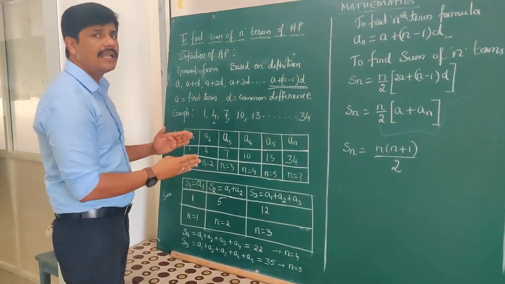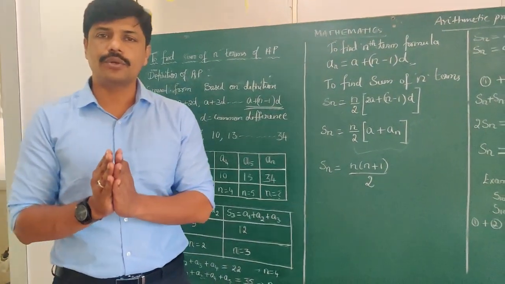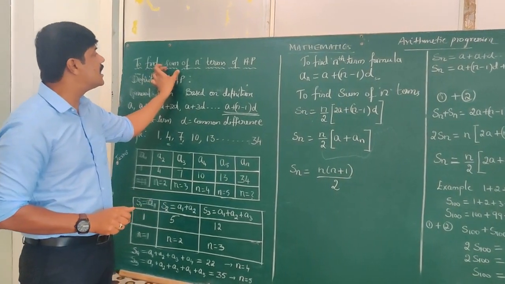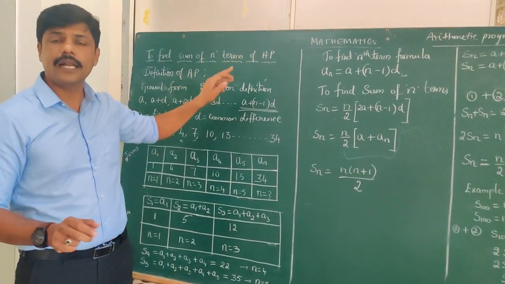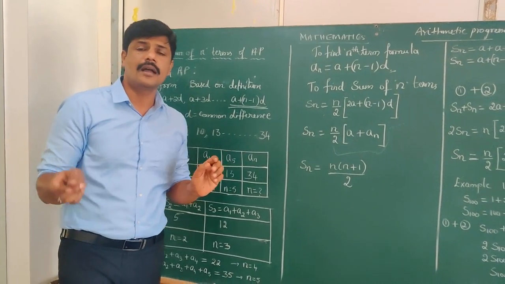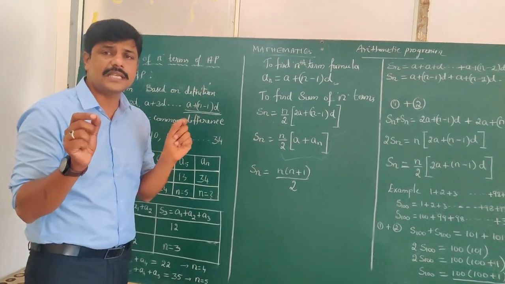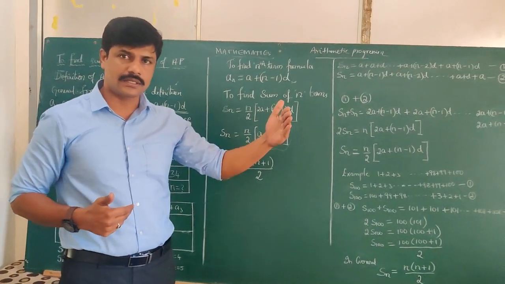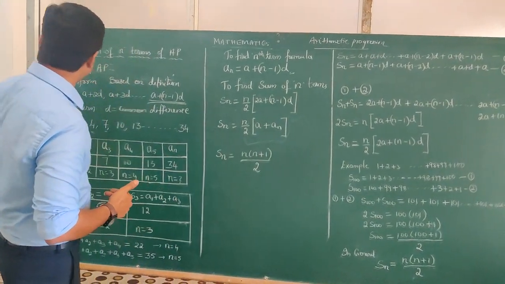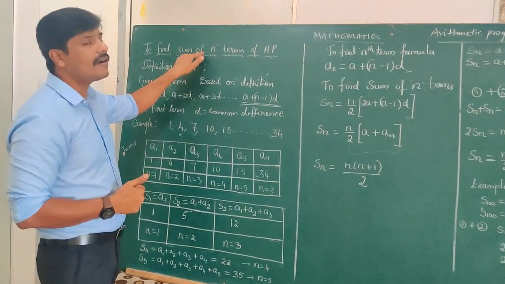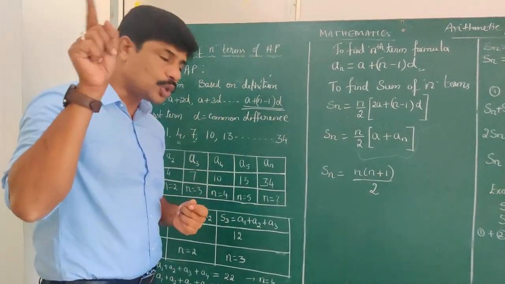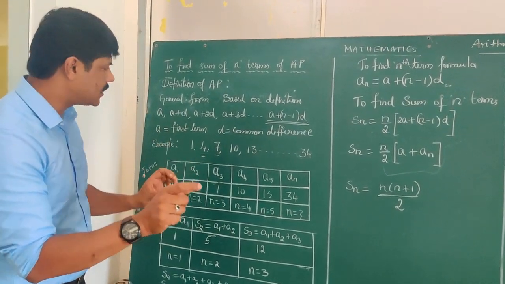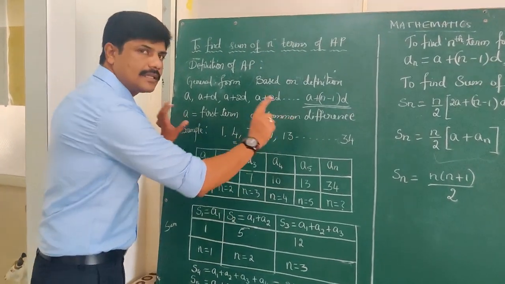Now all these things we have learned. With an example, I will teach you certain basic differences. If you know this basic difference, then you can easily understand what the sum of n terms is. Till now we did not hear about the sum of n terms. We were only knowing about terms: first term, second term, nth term, like this. But now a new word has come, that is, sum of n terms. To know what this sum is, it is very important that we know certain things that I am going to explain with some examples.